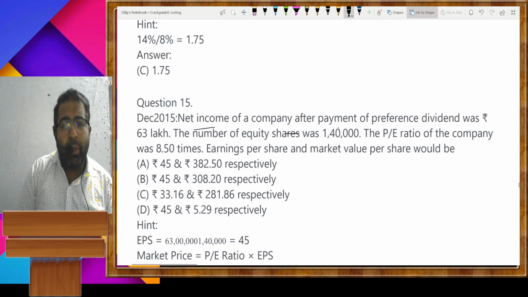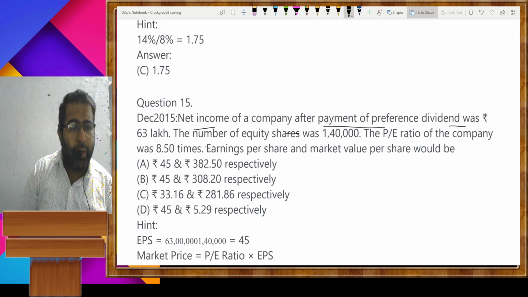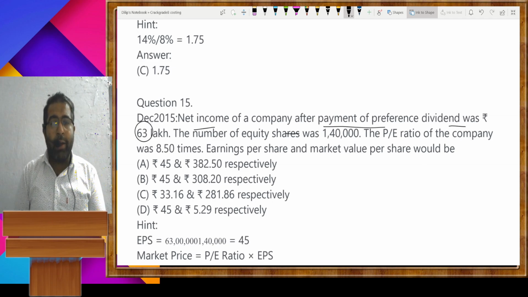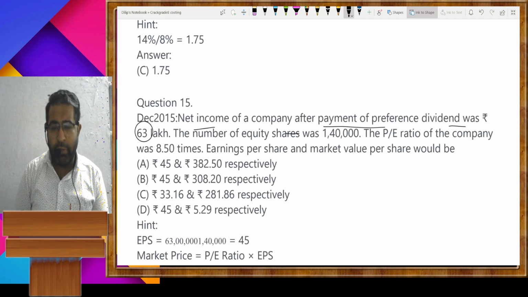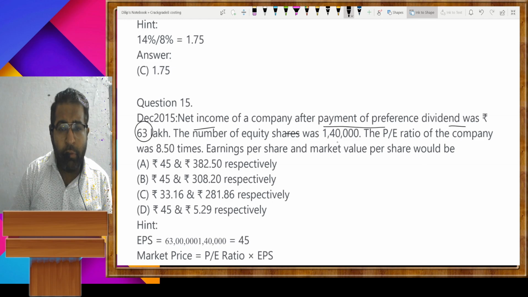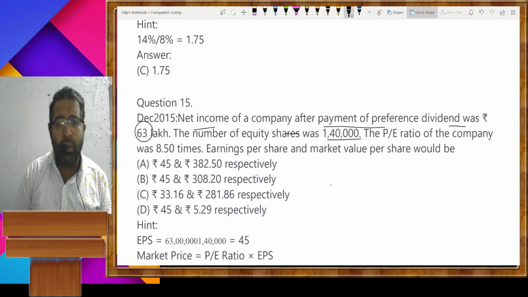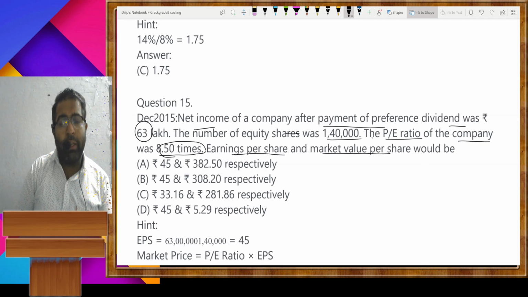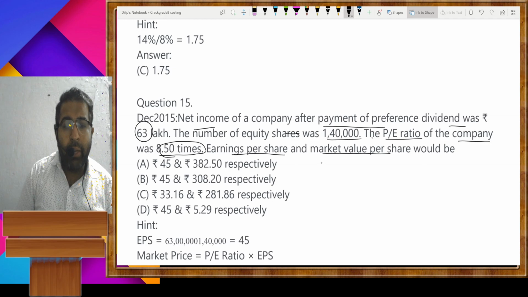Net income of a company after payment of preference share dividend was 63 lakh. It is the net income after payment of preference share dividend. Number of equity shares 1,40,000 and the price earning ratio of the company was 8.50 times. So find earning per share and market value per share. For earning per share